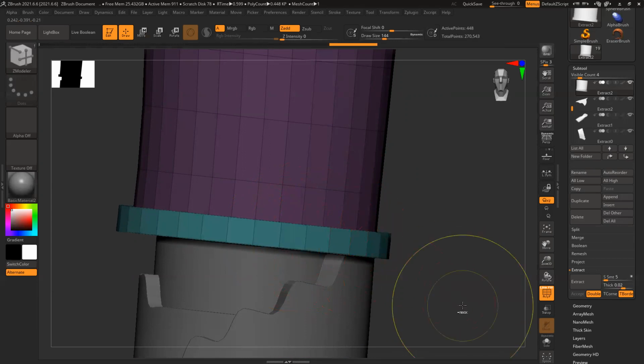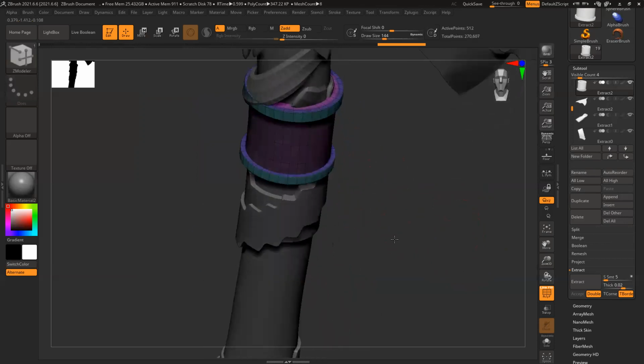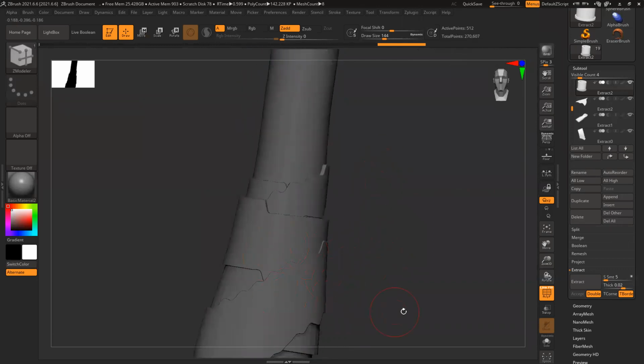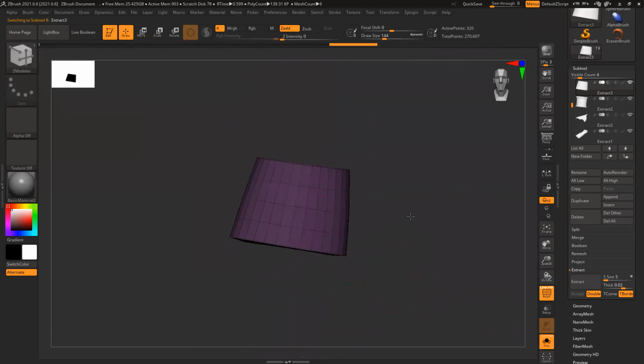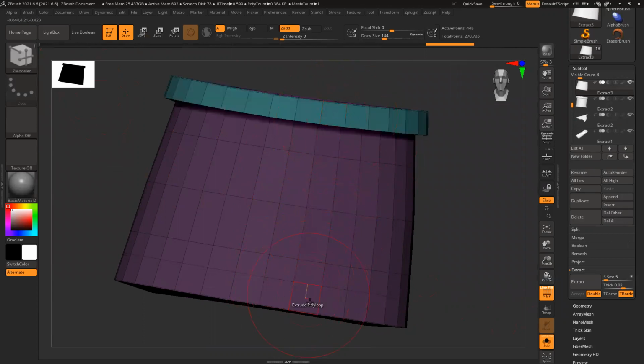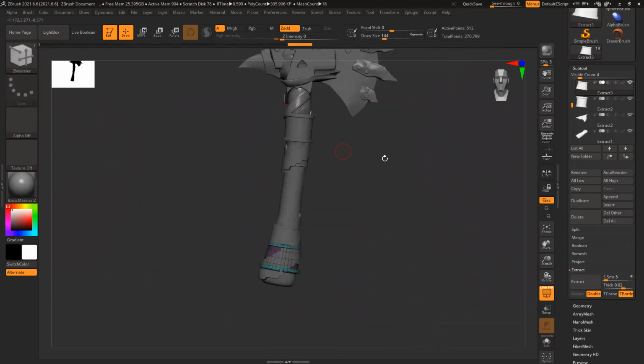Now I extruded this thing, and now I want to extrude this part also with exactly equal value. So select the side, just click. It will extrude that section and give you the exact same value. So for this part also, I can do the same thing. Solo. First, I will go to edge mode, insert loop, select, click. It will generate this thing. The ring thing is created, done.